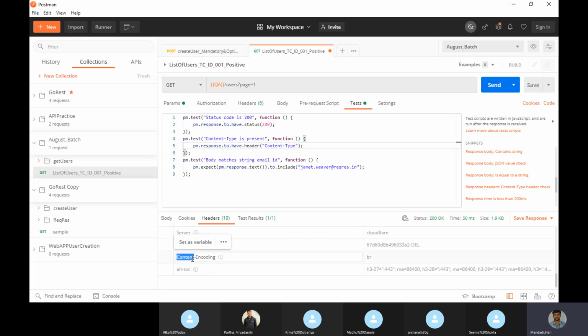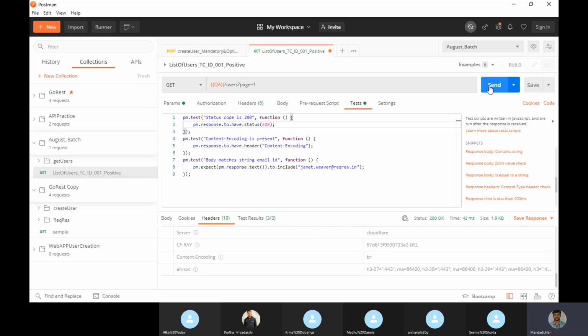Let's check whether this is there or not. Now I am checking whether the content encoding header is there once execution is done. Instead of content type, I am doing content encoding. Done. Now there are 3 validations for one test.